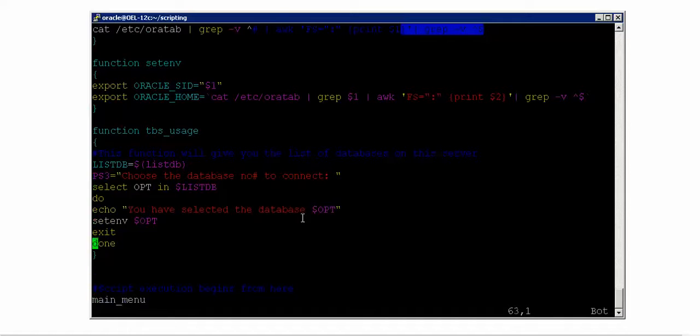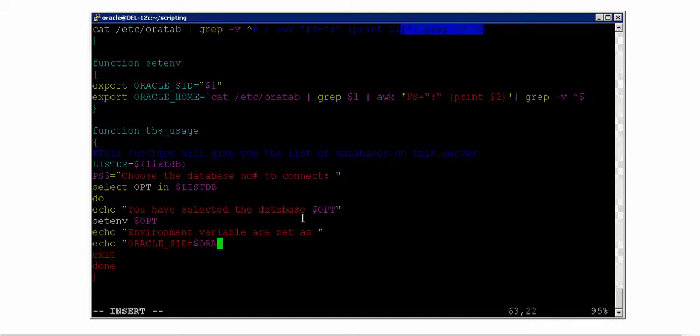So now let me actually tell this: echo environment variables are set as, echo ORACLE_SID equals $ORACLE_SID, and echo ORACLE_HOME equals $ORACLE_HOME.